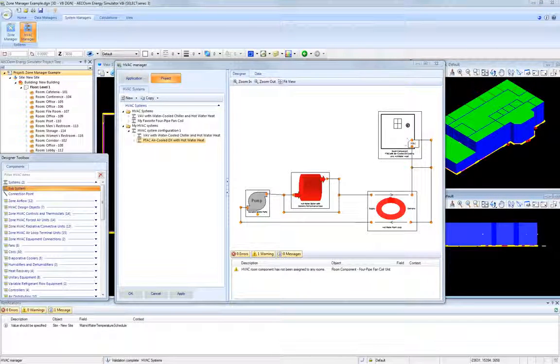Input parameters for user-defined HVAC systems can be modified as appropriate to customize the system for your specific needs. There are a couple of methods for doing this. Let's edit our copy of predefined designer system named water source heat pump.